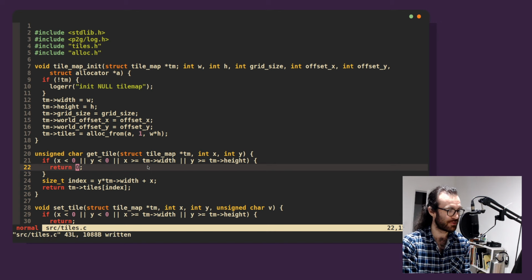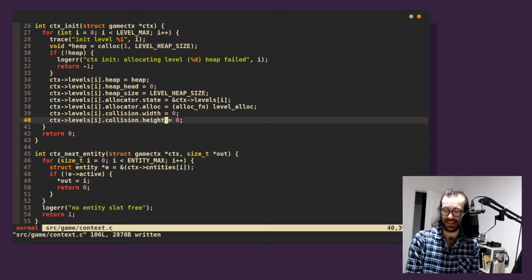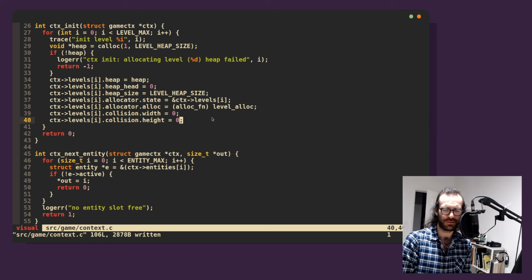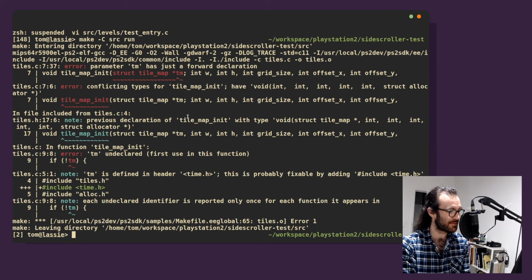What we actually want to do now is say that hitting something outside the tile map is actually no hit at all. That's the goal. Because we might have 2 tile maps loaded at once, and just because you're outside the bounds of 1 doesn't mean you're hitting anything. Levels I collision width height. Okay. So basically we're saying tile map tm